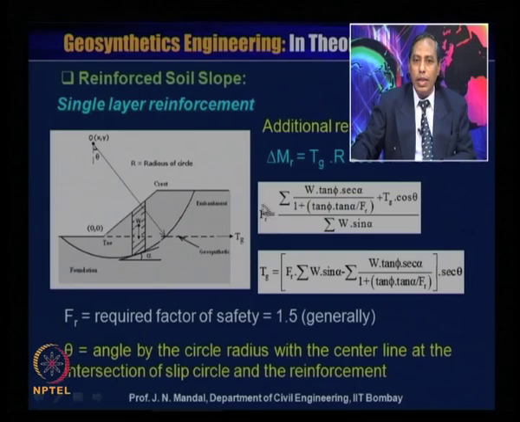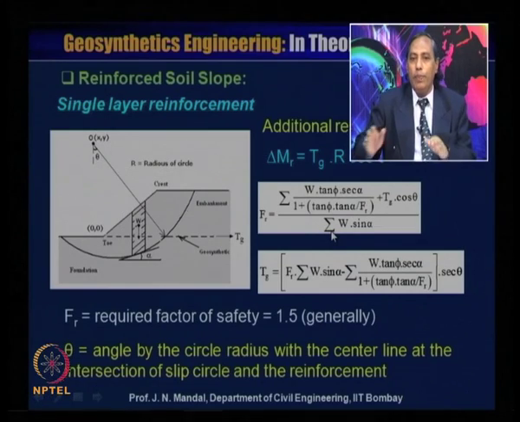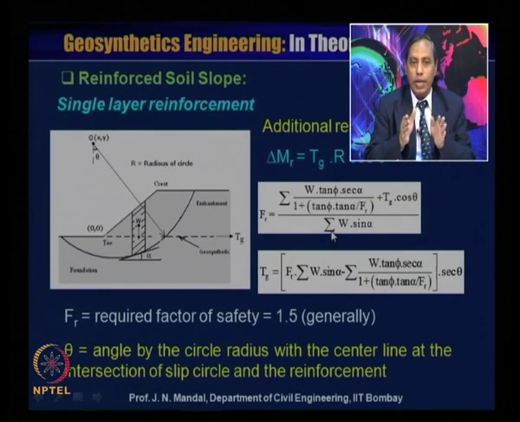If you know the factor of safety, suppose 1.5, then you can calculate the tensile strength of the geogrid material. If the factor of safety for the unreinforced case is less than 1, then only you can introduce the geosynthetic material as a reinforcement